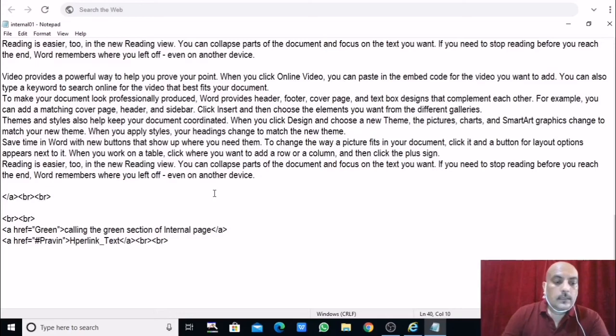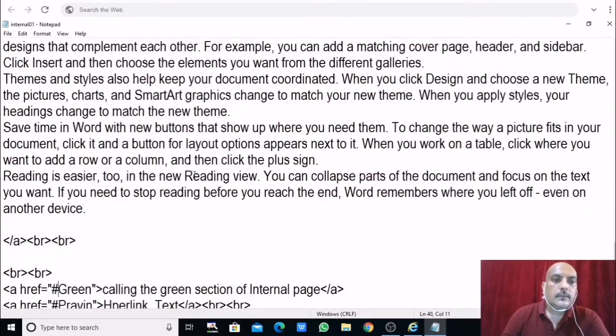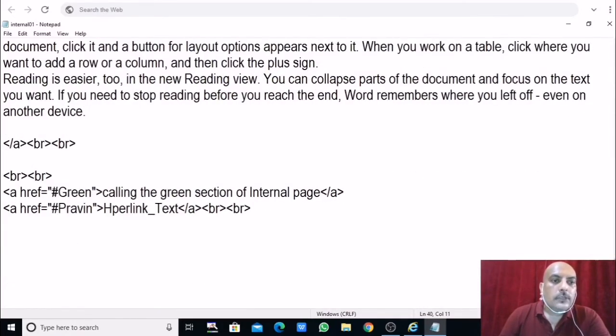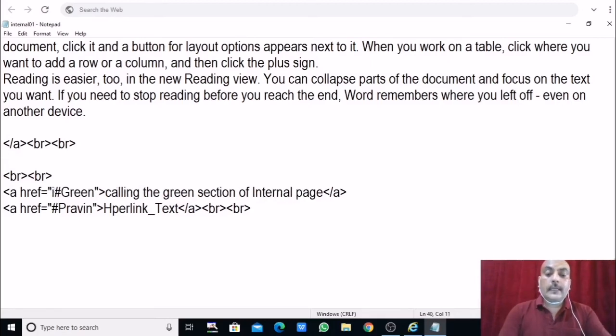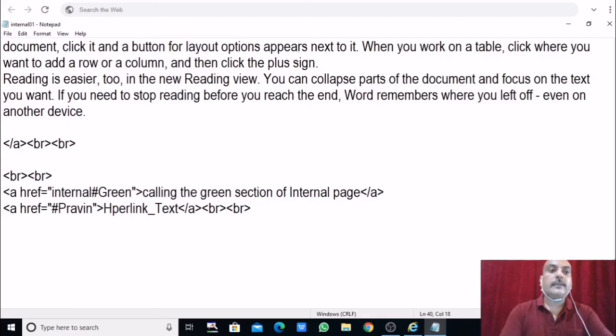But here you need to include the hash symbol, right? So here I have included this hash symbol, as I had given already before. But as that section is in some other page, some other file, and the file name is internal.html, write down the file name also before that, after the double quote: internal.html.